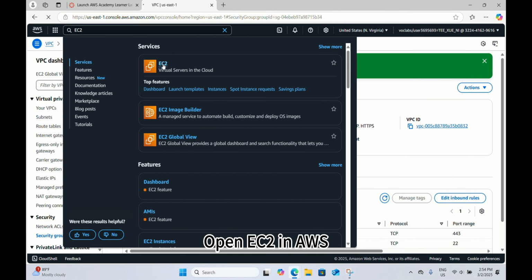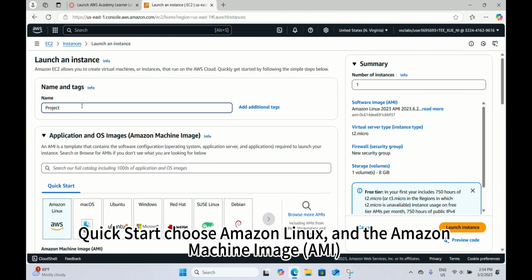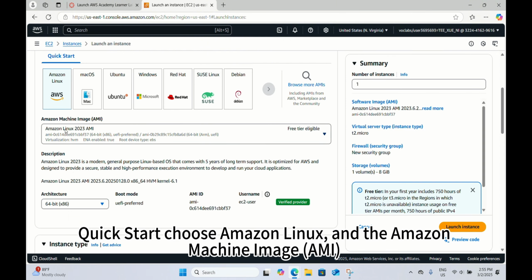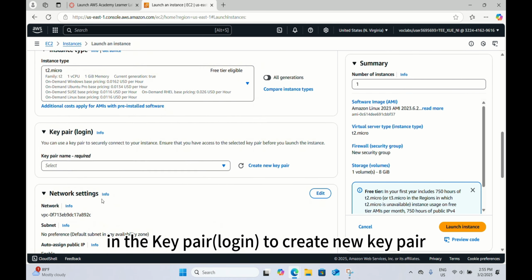Then open EC2 in AWS. Click launch instance in the dashboard. Then name the instance. Choose Amazon Linux as the Amazon machine image. Select Amazon Linux 2023. For instance type, select t2.micro. For the key pair login,